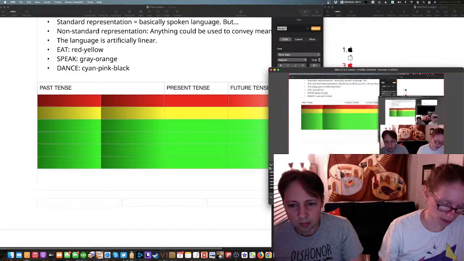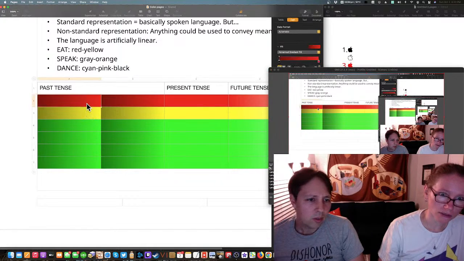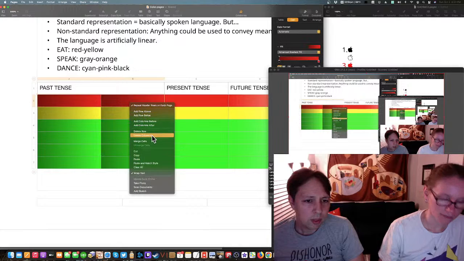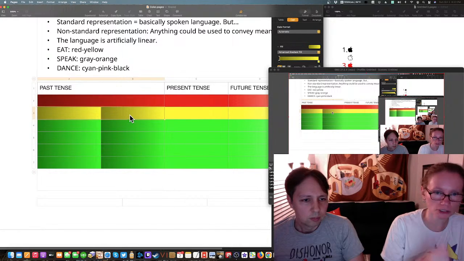And then you can just call it color. And then when I'm in, what we're going to be doing is splitting and then merging those columns. Just the top three. Oh, just merging the top three.